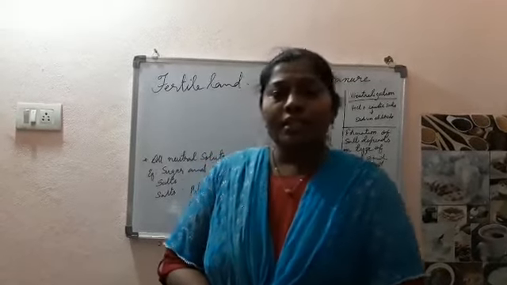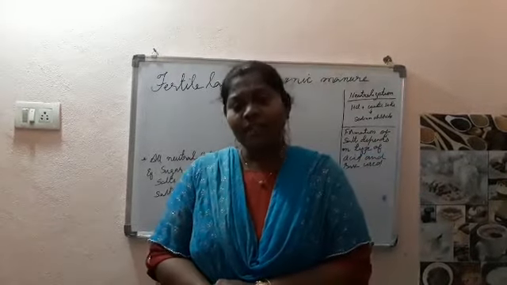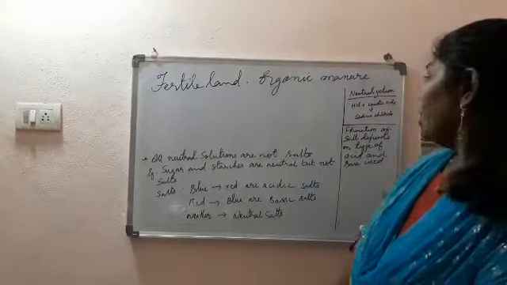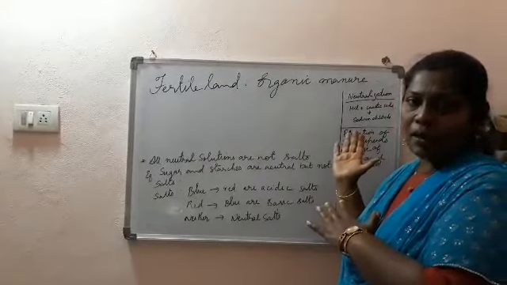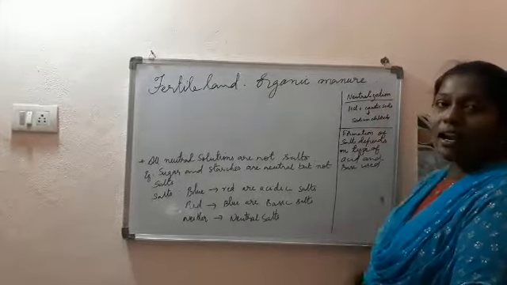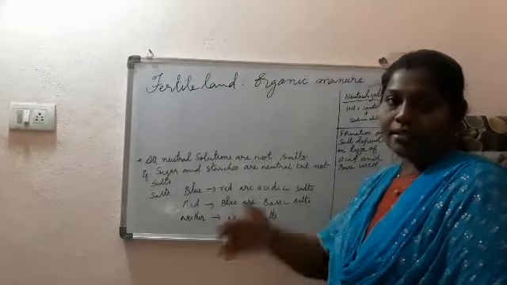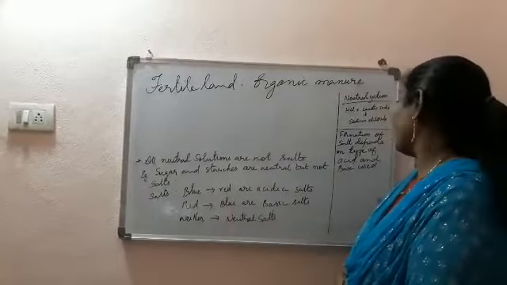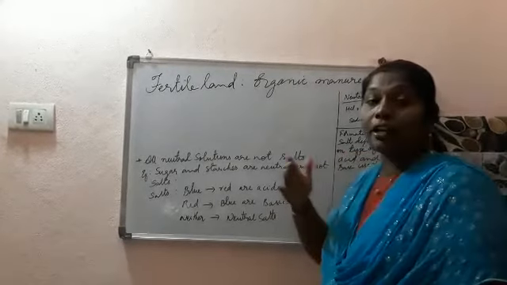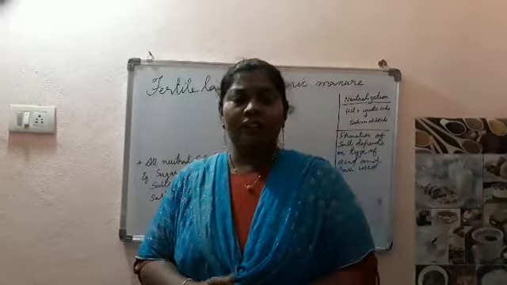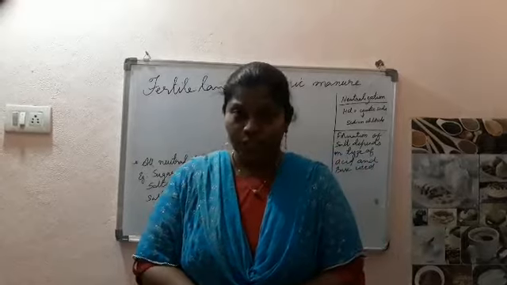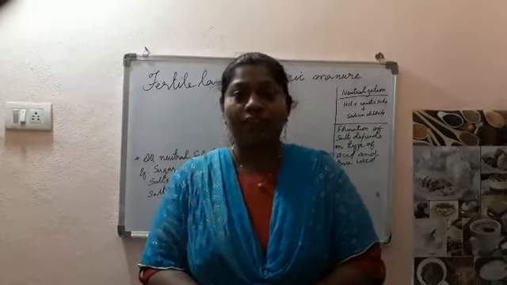Okay. So we were discussing the reactions of acids and bases and the neutralization reaction. There are a few things that we have to look back at. So we'll go back to the neutralization reaction once. The neutralization reaction is nothing but the acid reacting with the base giving rise to a salt. Acid plus base gives rise to salt. It is neutralization. Next, the formation of salt depends on the type of acid and base that we are using. The salt which is formed always depends upon the type of acid and the type of base that we are using. These are the important points that we have to consider.